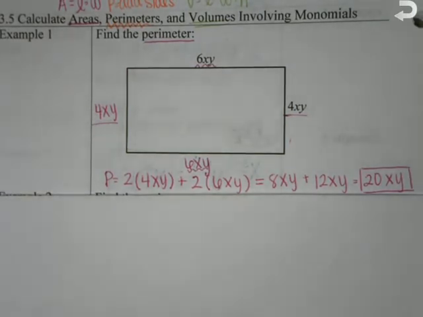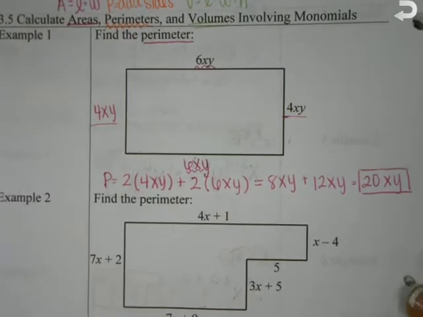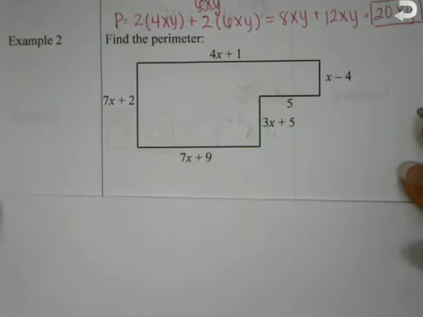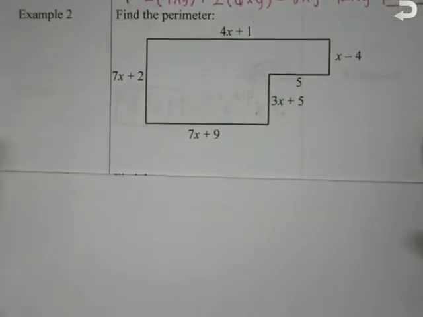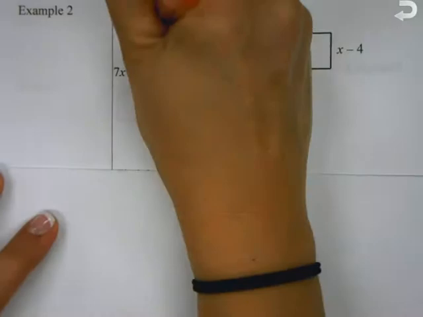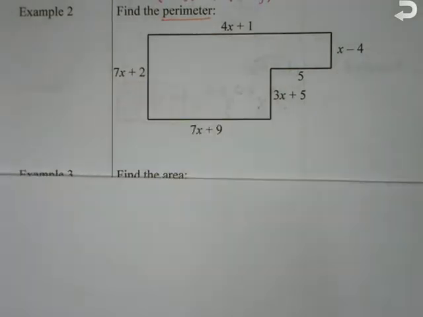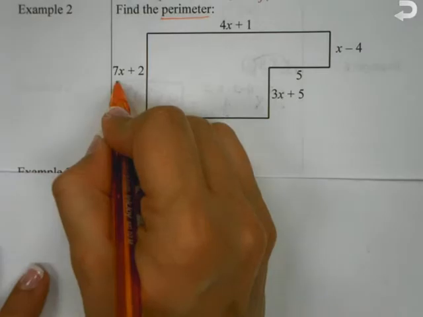Okay. Example 2 is also find the perimeter. This one looks very similar to a problem that we did on Friday, right? So we are still asking for the perimeter here. So that means I'm going to add up all of the sides. And remember, my suggestion is to pick a side and just go all the way around. So I am going to start with 7x plus 2. So perimeter equals,